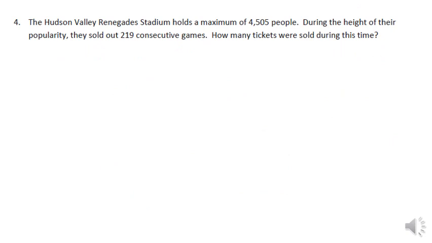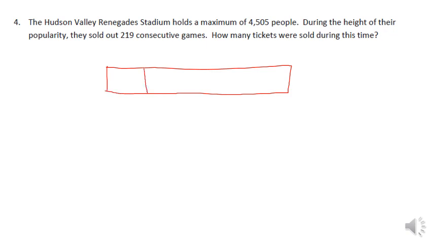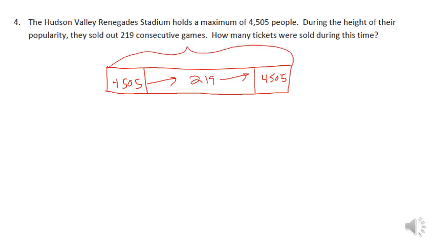Our last problem is a word problem. It says a Hudson Valley Renegades stadium holds a maximum of 4,505 people. During the height of their popularity, they sold out 219 consecutive games. How many tickets were sold? Well, if I look at a tape diagram, it says that the stadium holds 4,505 people, and it says that there was 219 games, and this here is the total